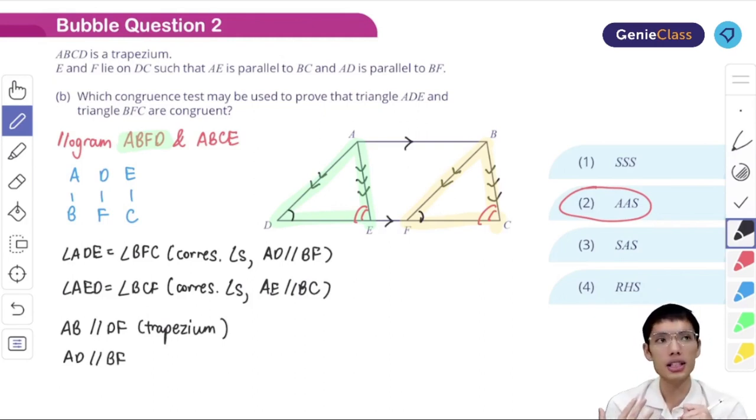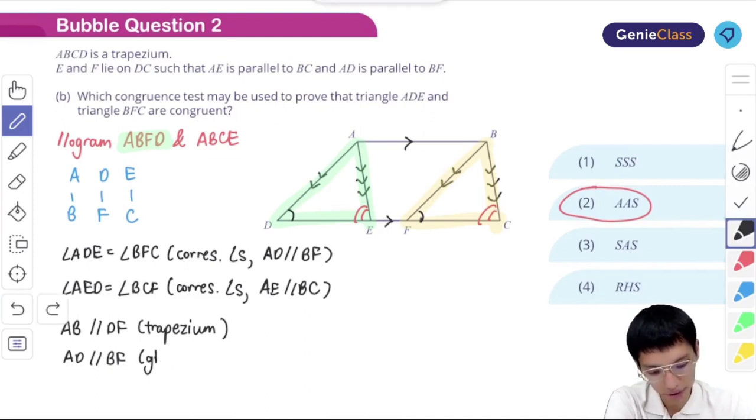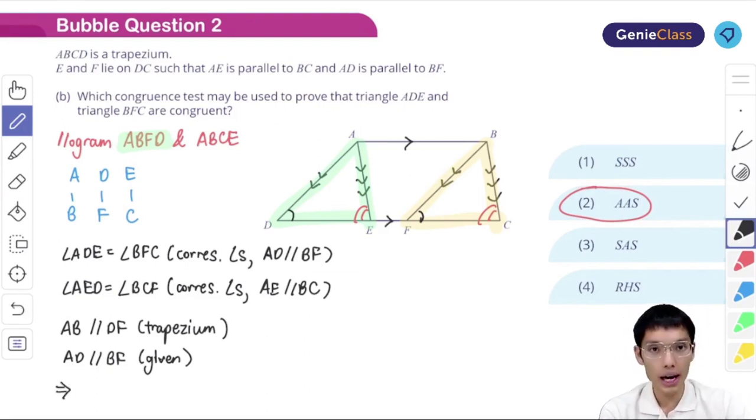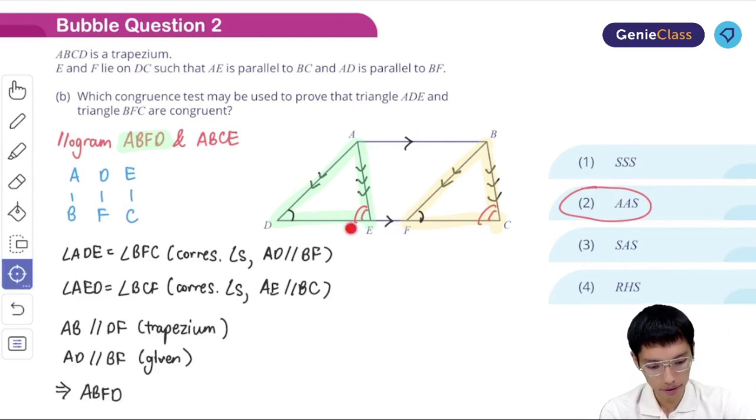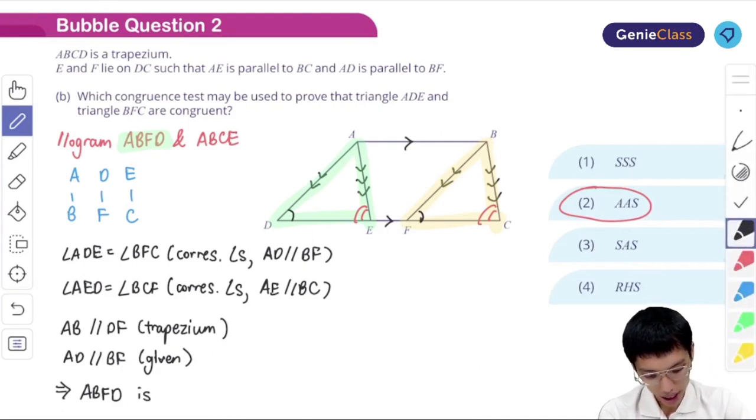I'm not blowing it out from thin air. Now, with these two, because I have 2 pairs of parallel sides, therefore I know that ABFD, take note, the order has to matter, in a clockwise motion, ABFD,